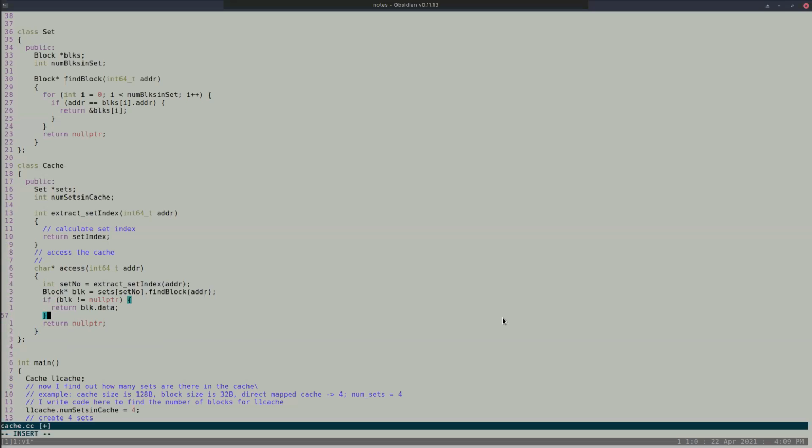But should I do anything else other than here? Should I do anything else here? Do you think I should do anything else? I should do something else. Let me say. So you should retrieve the data from the main memory if it's not found, right? Okay, if it is not found, then I'm saying it's not found. It's the headache of the CPU to, let's say, see, this cache will have to generate, you are saying this cache will have to generate one more access, right? Let's say there's only one cache and there's no main memory. I am just telling the cache whether it's a hit or a miss. Yes, you are right. I should have had an access again.